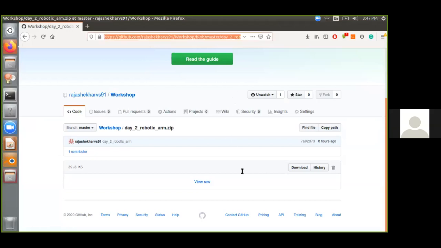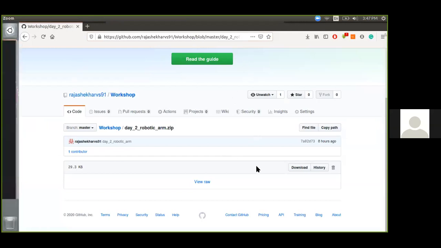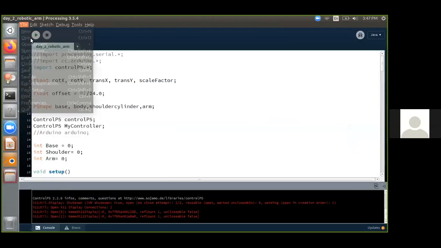So yeah, that is available over here. The code is available over here. You can go to this website and press download over here. So I think the audience can open this thing and go to open.